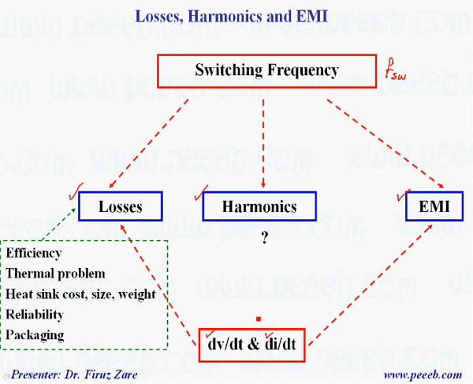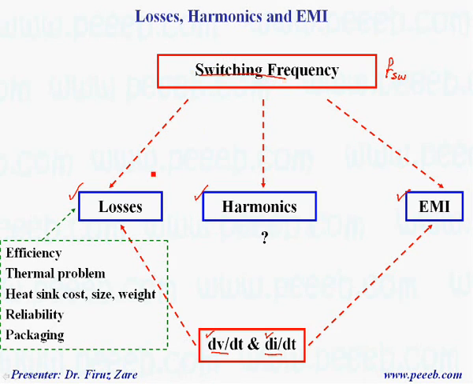So what we need basically when we design a power electronic system, in the hardware section, is how to define a good switching frequency and how to define a good switching time, which defines dv/dt and di/dt. Here we can see that changing dv/dt and di/dt, or changing the switching frequency,